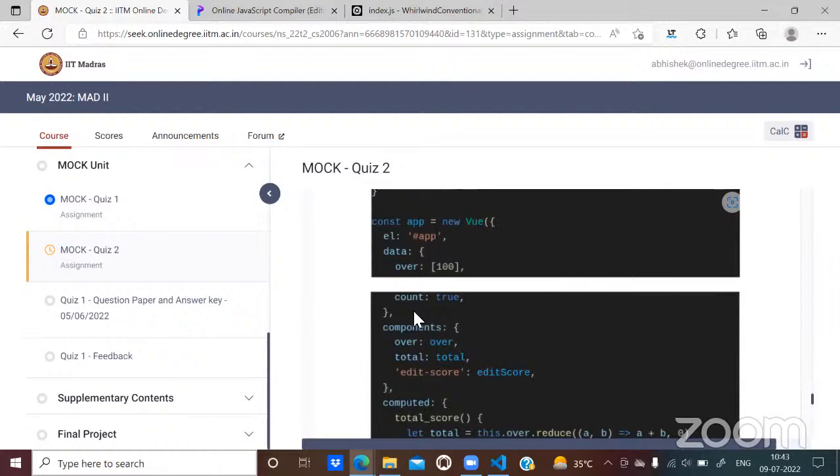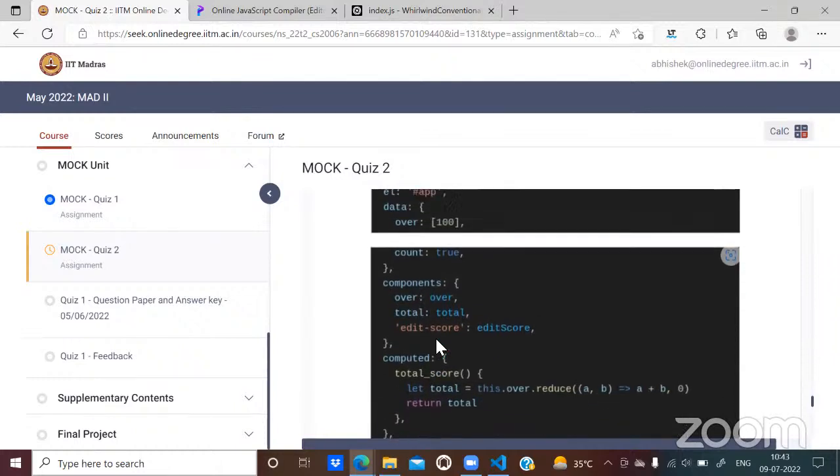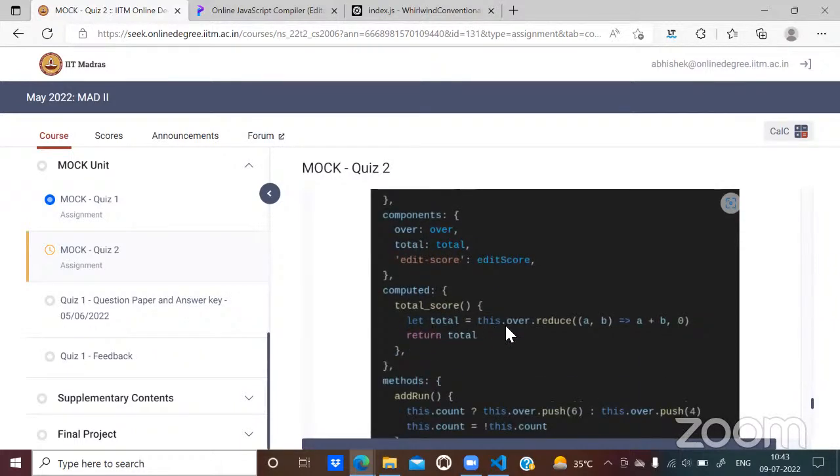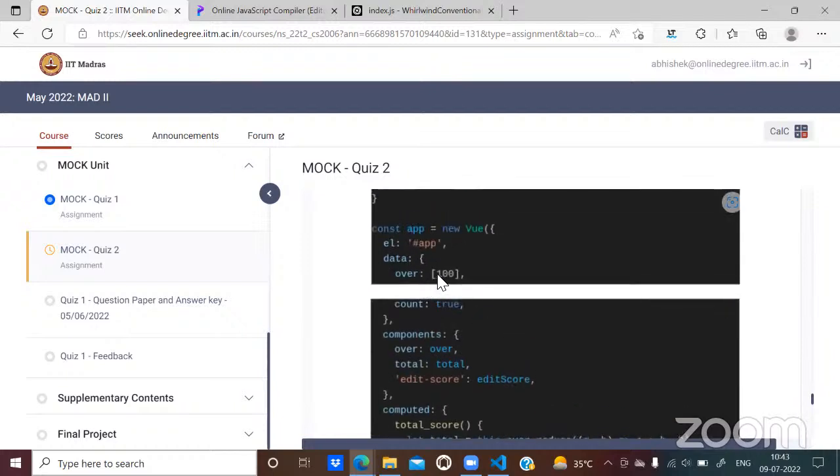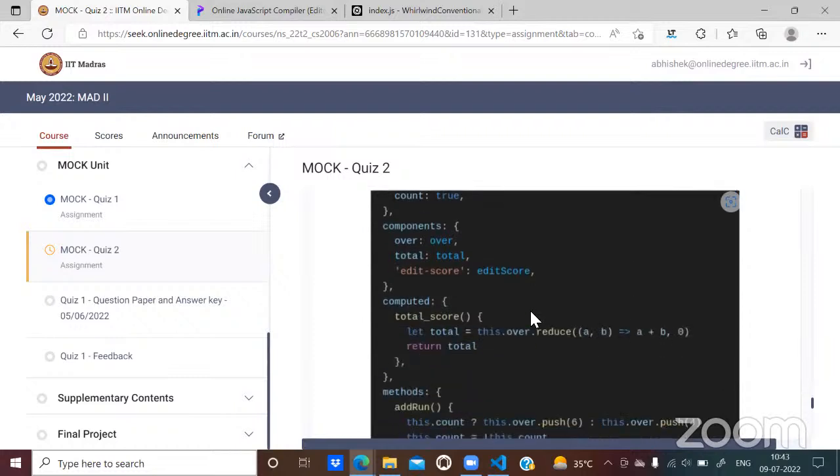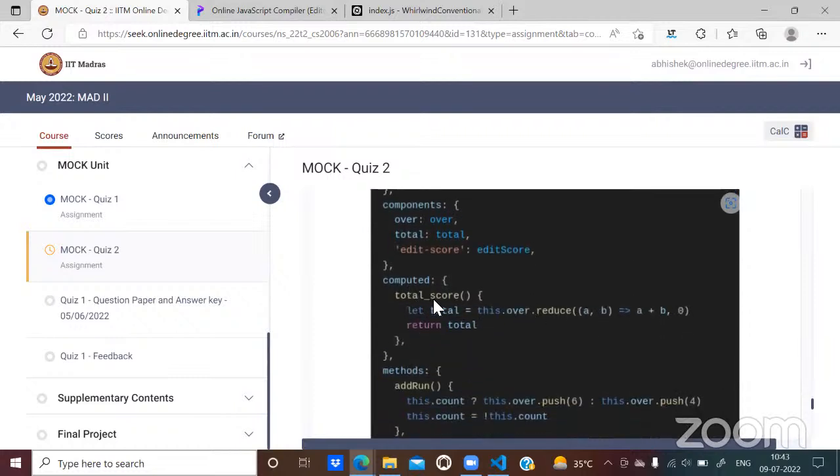So here we are. Total score is basically a computed property, and over is an array, a data variable, an array that consists of just one element, 100. So if we need to find out what total score is, this.over.reduce(a, b). Okay, anyone remembers the way this reduce method works?